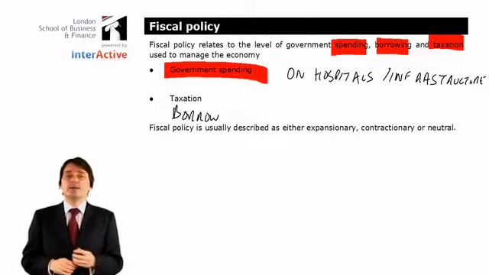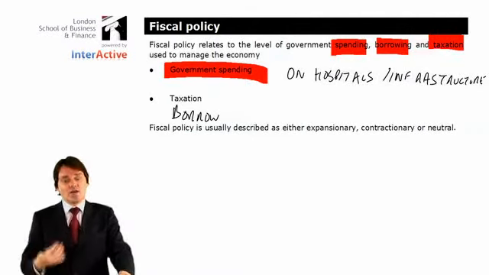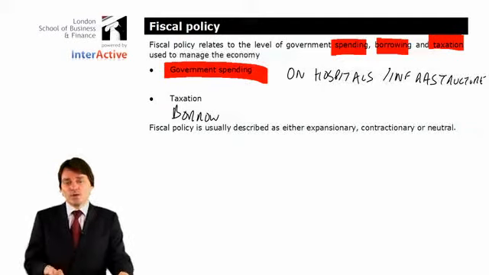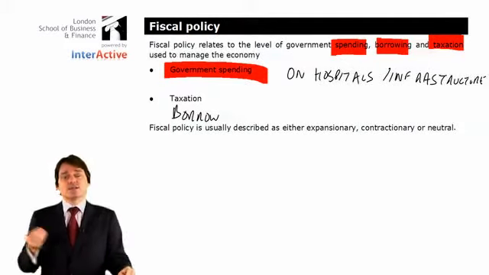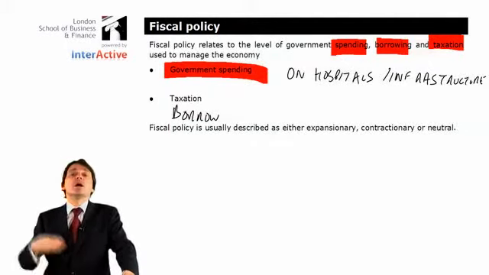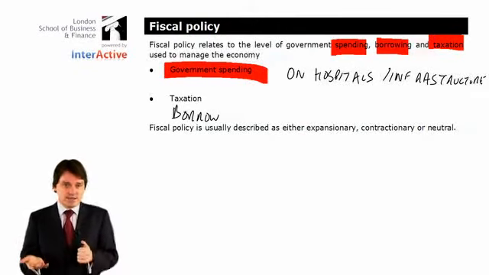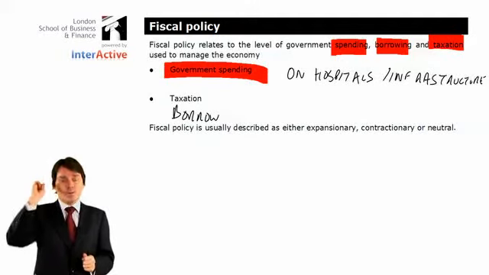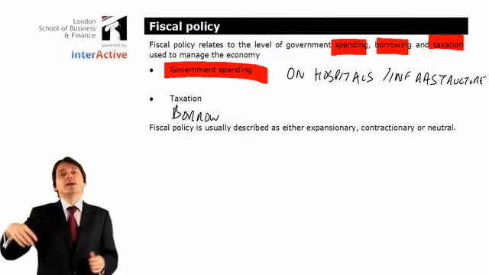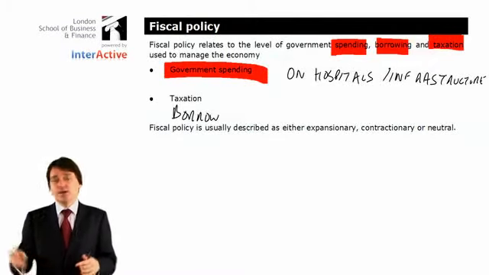Now, when economies in the world are doing badly, as they were in 2008, governments are tempted to spend more. They don't want to put taxes up because that takes money back out of people's pockets and they can't spend it on things, so they'll have to increase borrowing, which is going to cause problems potentially at some later date. Now again, you don't have to understand all this in any great detail. It's not an economics exam, but hopefully you can see the link. If we want to spend more, we either tax more or we borrow more. Similarly, if we decide we want to put taxes down, then the most likely thing we're going to do is spend less. So it's always a balancing act that's going on.